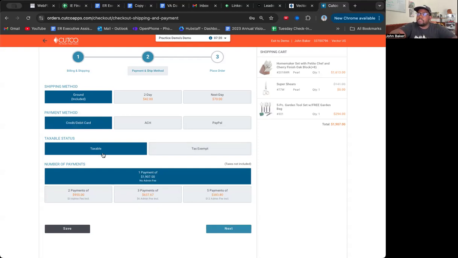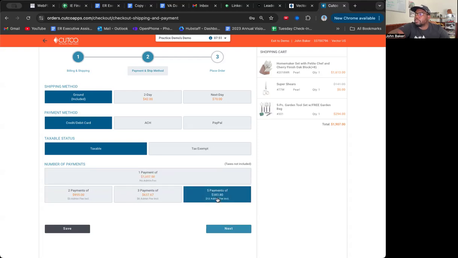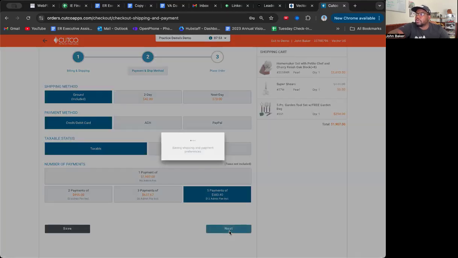Taxable status, most people in America are taxable. However, if they're like a high-level government official or Native American, and trust me, people will let you know if they don't have to pay taxes. They'll mention like, "Hey, I'm tax exempt," and they'll have a little code that they can type in right there, and then it gives you the options for the payments. They can do one payment, two payments, three payments, or five payments, depending on their order size, and it's only going to present the options that they're allowed to do right there. Most people choose the five payments. So we'll click next here,